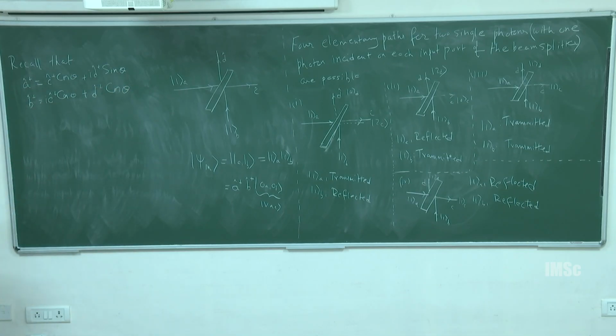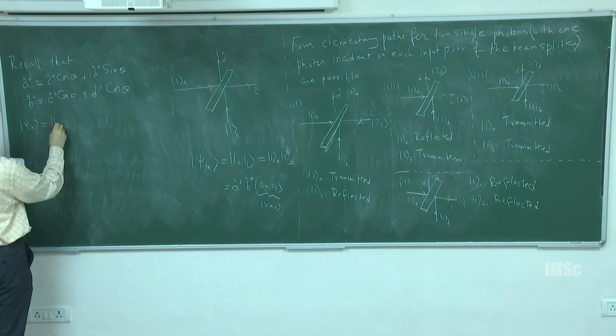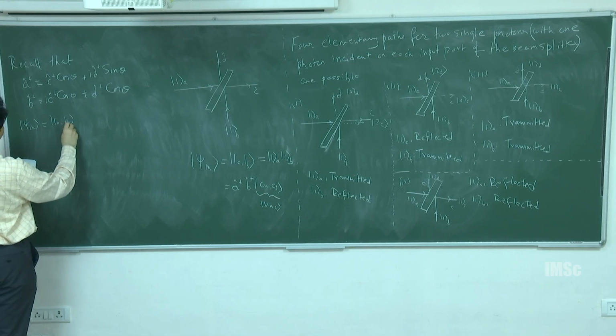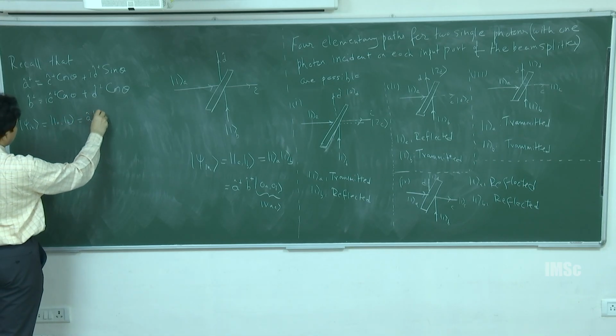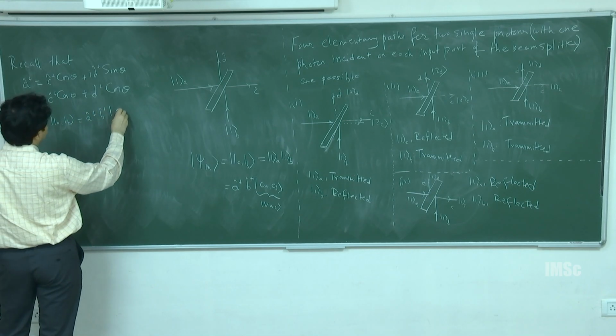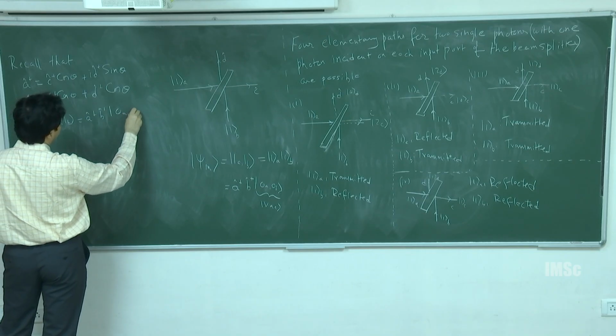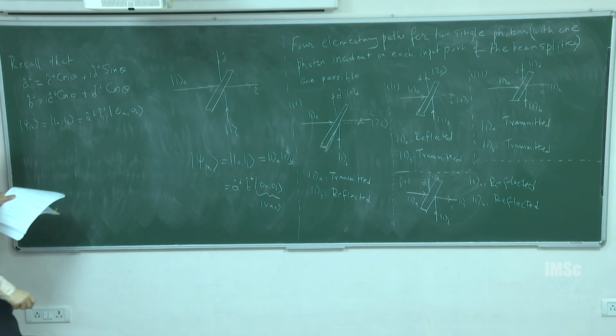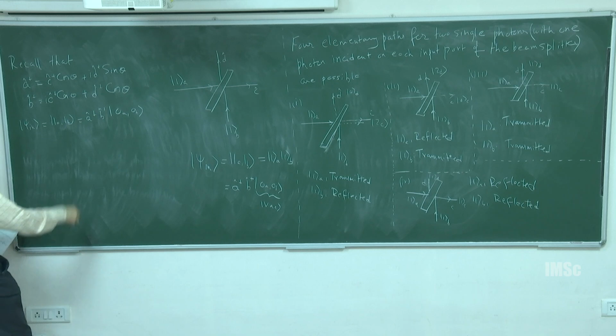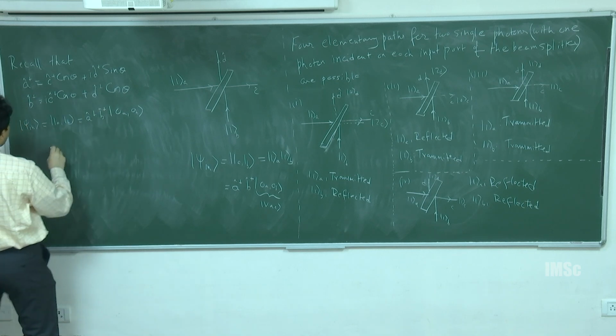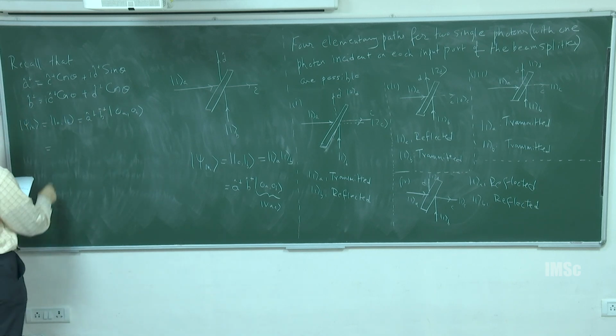Okay. Now, once again, psi in is... so all we have to do is to plug in for A dagger and B dagger in terms of C dagger and D dagger. So that will give us